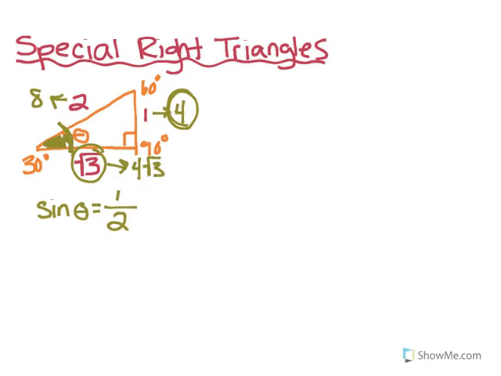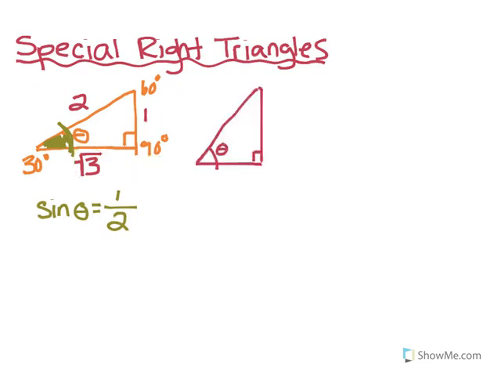These ratios are consistent in every single right triangle that has a 30, 60, 90 degree measure. So this is a really key right triangle to remember. Let's move on to the next one. And the next one looks something like this. Okay, this is going to be a 45,